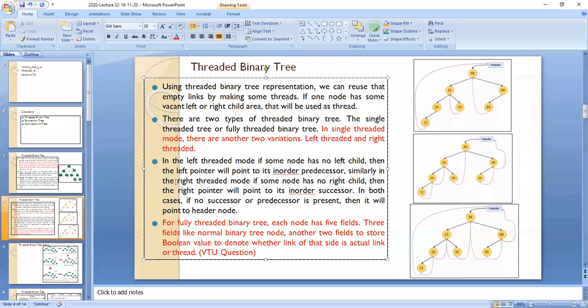Similarly, in a right threaded node, if some node has no right child, okay, so left threaded means no left child, right threaded means no right child. In a left threaded node, if there is no left child, then the left pointer will point to the in order predecessor. Similarly, in a right threaded node, if some node has no right child, then the right pointer will point to the in order successor. So left will always point to the in order predecessor and the right pointer will always point to the in order successor. In both cases, if no successor or predecessor is present, then it will point to the header